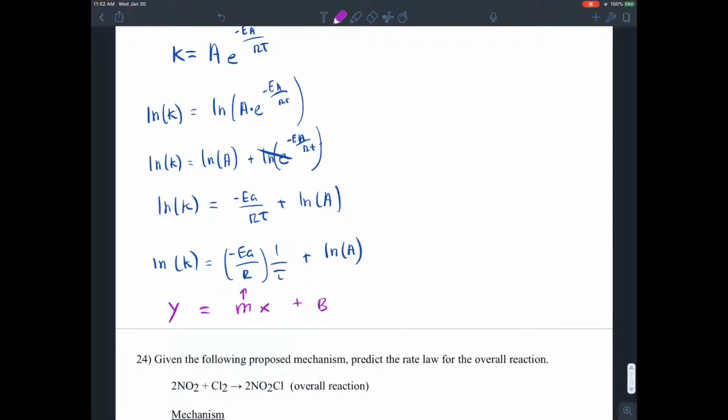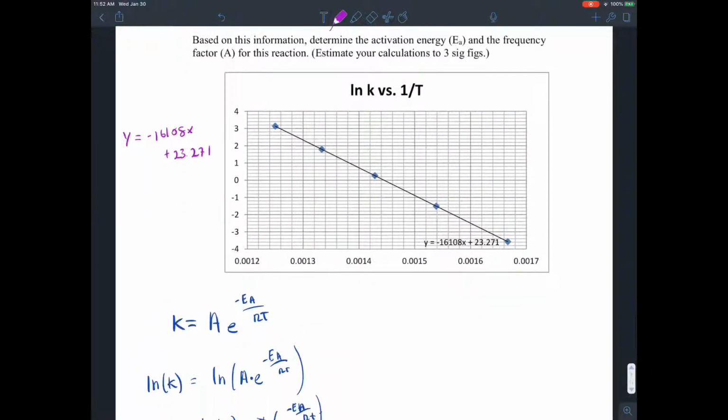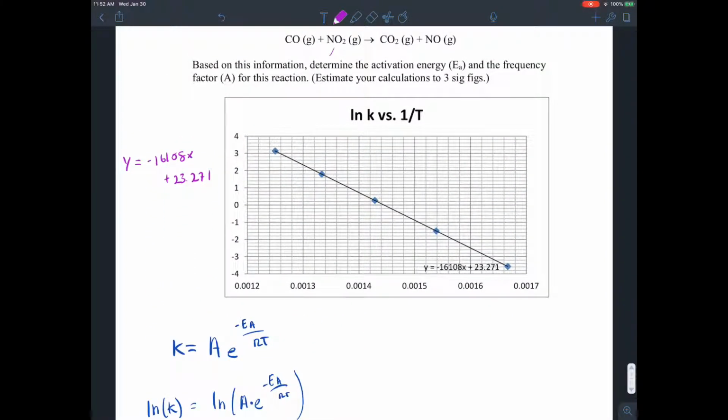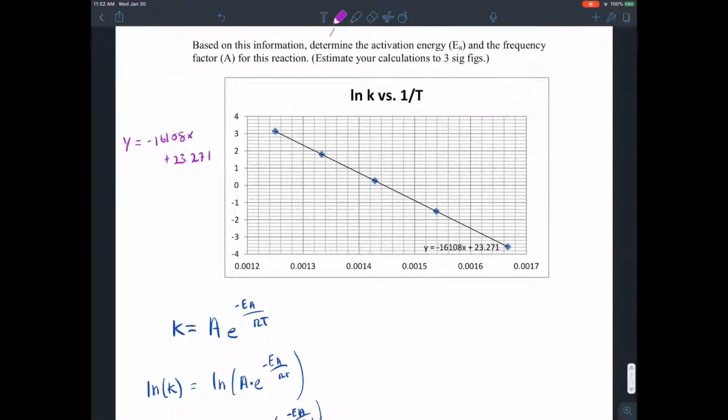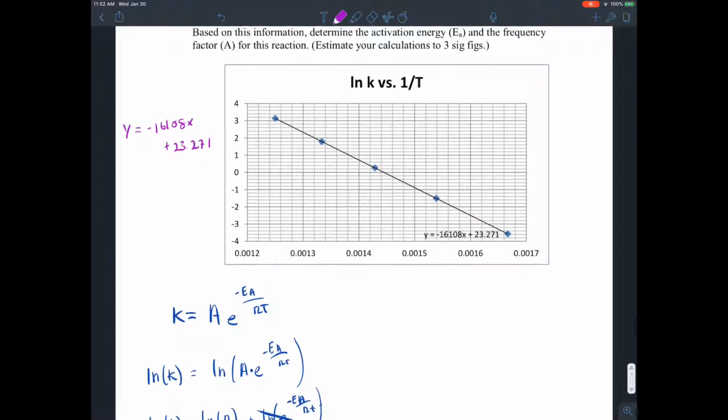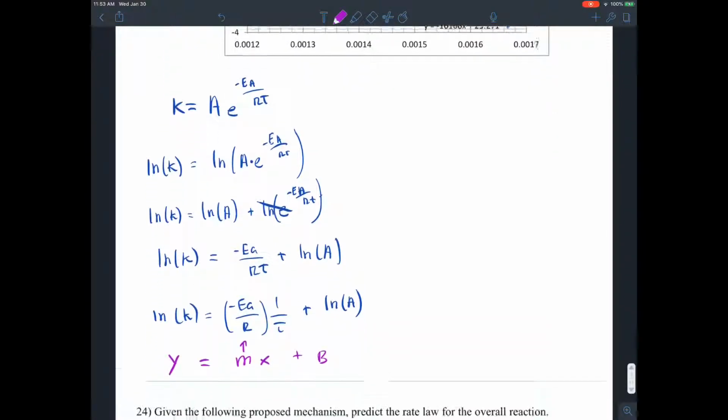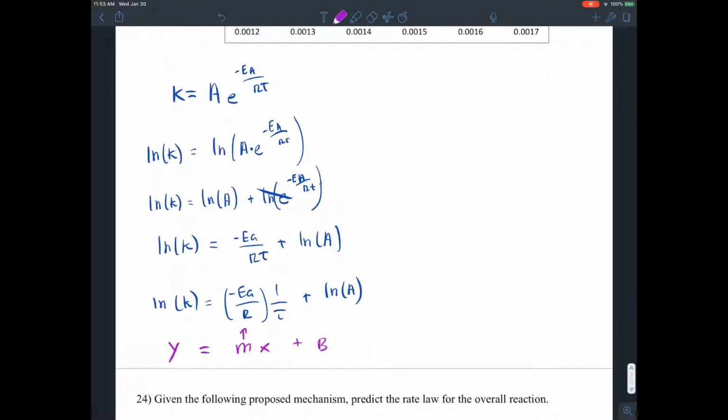We derived the equation ourselves. So now let's look at the question and see what they're asking for. Based on this information, determine the activation energy, EA, and the frequency factor, A. Estimate your calculations to 3 significant figures. So they want the frequency factor, which is A. So let's look at the